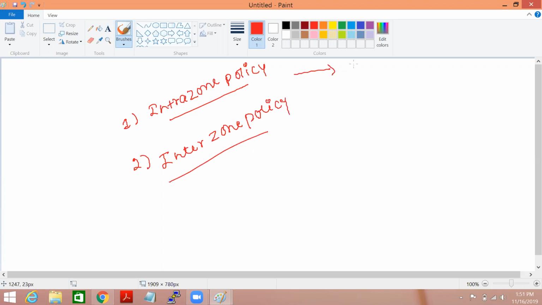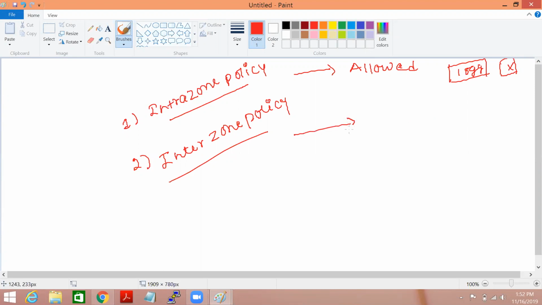The default action for intrazone is allowed, and logs will not be provided by the firewall, meaning we do not get logs for this.